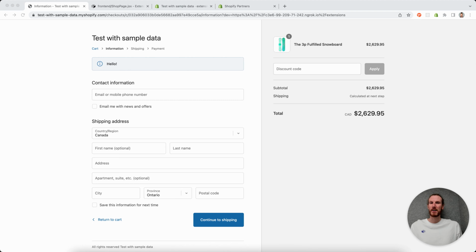Today I'm going to show you how using Gadget is the fastest way to do Shopify extension development. I've got a sample extension here. It's just a little banner that says hello. Even if this is the only thing you want your checkout UI extension to do, you still need to go